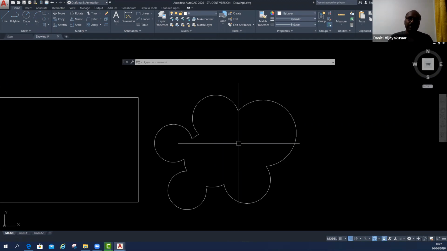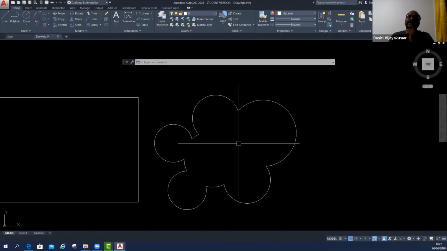Okay. So you can use multiple ways to trim the object, whatever types of shape you want. The trim command will help you to modify and make it the perfect sketch, whatever you are looking for. Understand? This is the trim command.